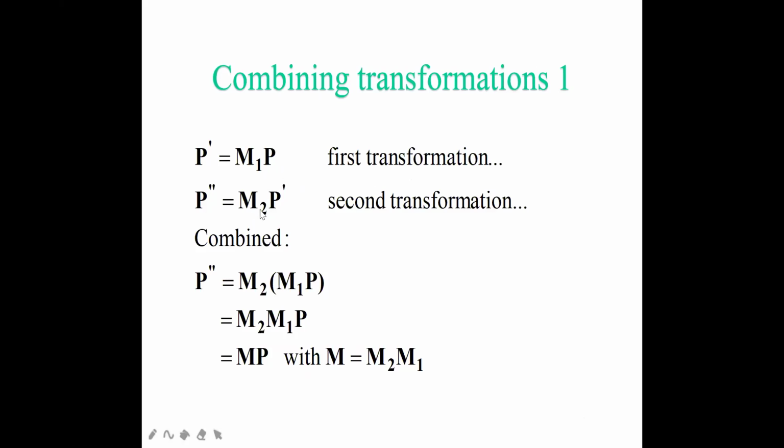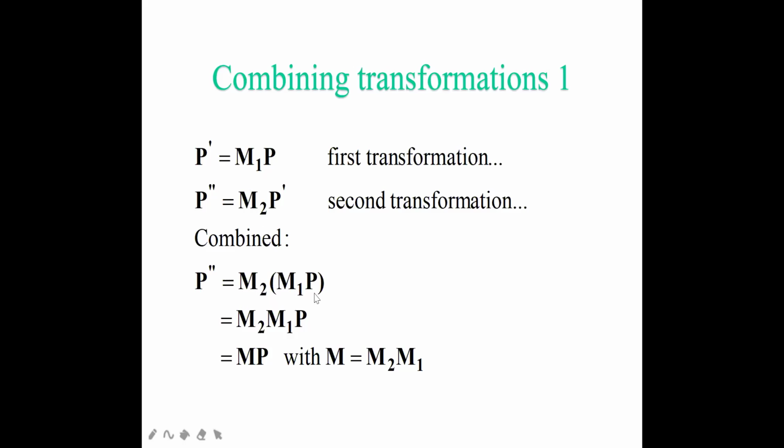Suppose again I want to do the transformations, then I'll get P double dash equal to, let's take it as, M2 P dash. Here you can see I'm applying the translation, because by the formula it's a translation. How to combine all these things? Now what's the value of your P dash? P dash equals M1 P. So just combine and put it here. So M2 stays, and the P dash value is M1 P.